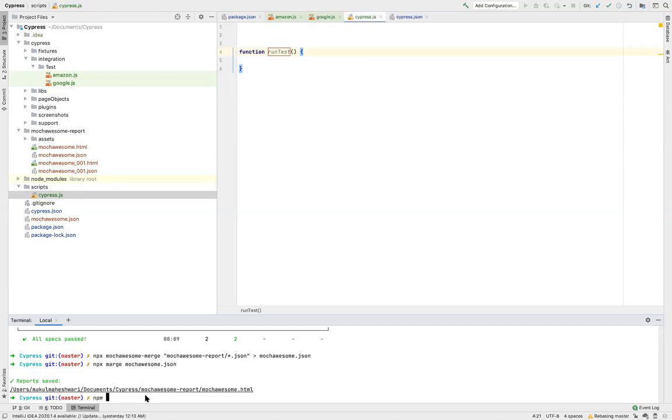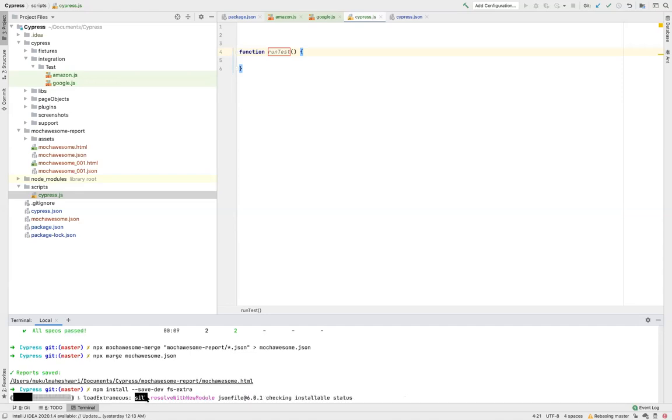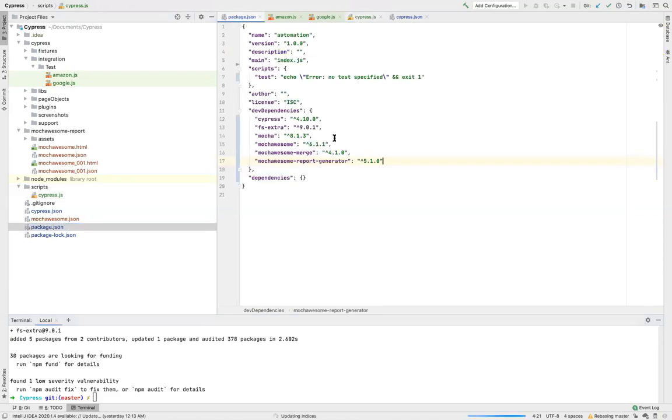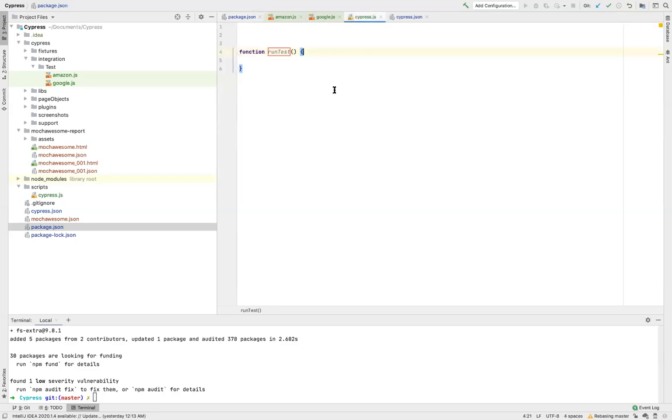To install it, npm install --save-dev. Okay, let me check my package.json. So I've got this library fs-extra, and I'll be using it to delete the reports folder before running the test.